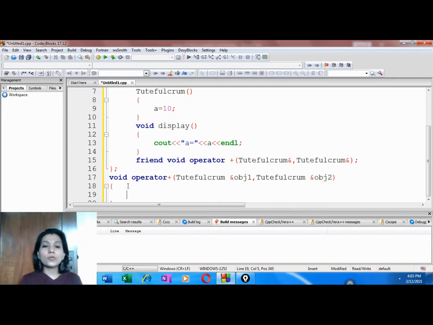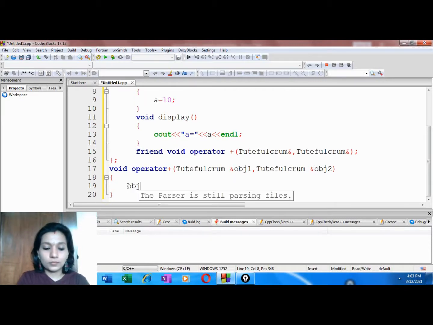Now we need to write the body of the function. So what is it doing? It needs to access the data member and add the same with respect to the two objects obj1 and obj2. So how do you write that statement? obj1 dot a plus obj2 dot a.